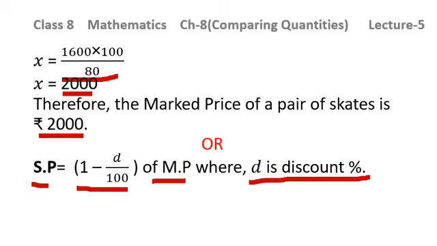Now in today's lecture, what have we learnt? First of all, we have revised the previous concepts. We have learnt about simple interest, compound interest, and what the difference between simple interest and compound interest is, and we have seen it with the help of two examples. One, I told you the example of simple interest, and the next example I gave you was to calculate the compound interest. I hope using these two questions it will be clear to you what the difference is between simple interest and compound interest.